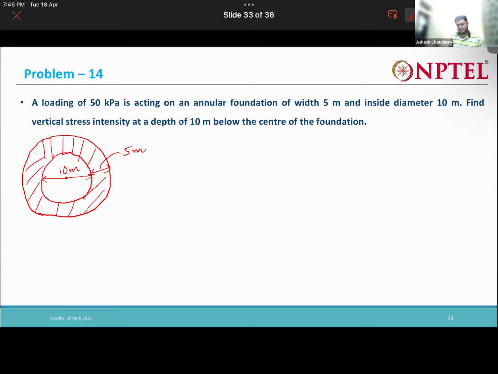Annular foundation. Okay, in this part nothing is there, like this CD, the center portion, nothing is there, like a ring. How can we do this? So what we can do is we can